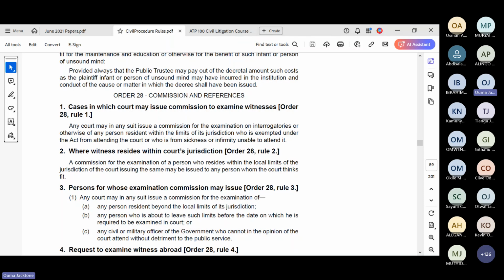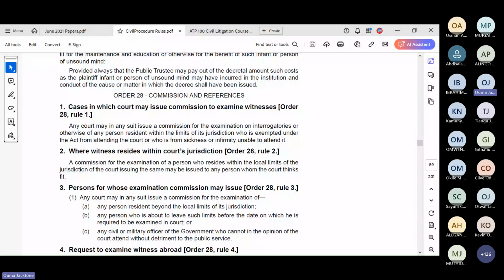Now, in the instance, I think there's a question that is set like that in 2022. I'm not very sure, but I'll check if there's a 2022 question on commissioning. There's one, but you could be told, for instance, there is a COVID lockdown. The witness is in Mombasa, or it could be sickness, or they are in jail. They can't come out, and it will be impossible for us to get that person from jail to come to court, or they are very, very far from court. They are in Mombasa and the court is in Kitale or Busia.